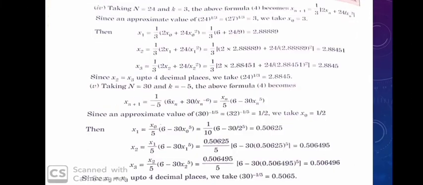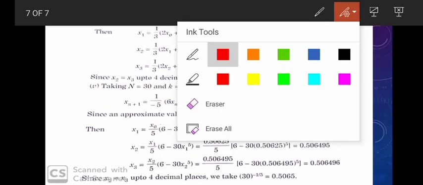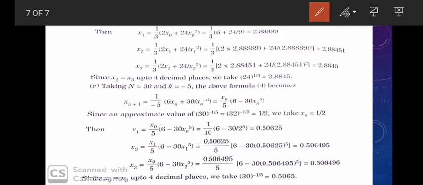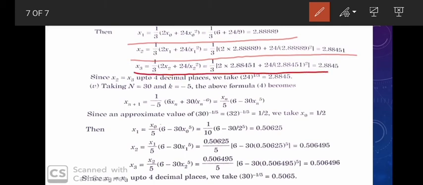So we will use this formula, and after using it we will get x1 like this, x2 this, and again x3 this. So with the help of the formula only we are doing it. You only have to substitute the values in place of x naught, x1, x2, and you will get all these values. These are simple calculations which you have to do with the help of calculators. I am not calculating here, I am explaining with the help of this slide only. But I hope that you will all solve it in your copy and understand.